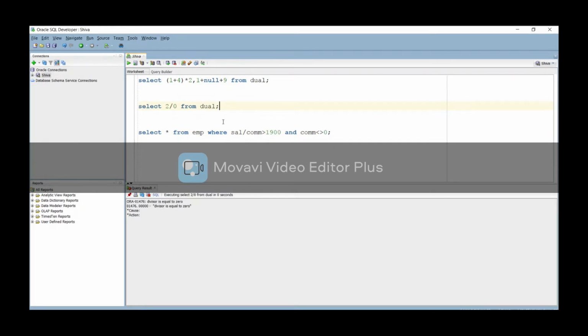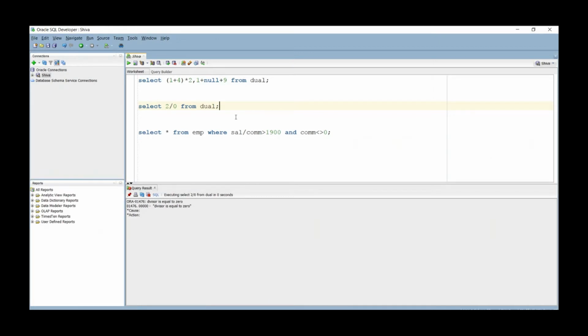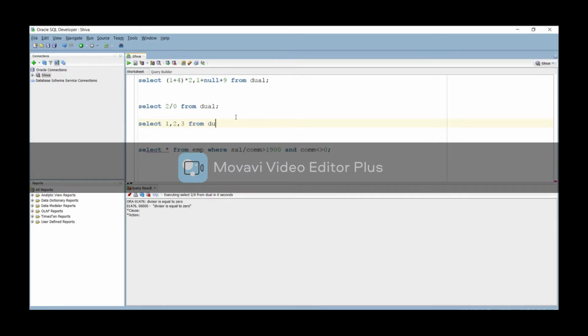Okay. So I am going to start with a different operator, the concatenate operator. Suppose you have 1, 2, 3 from dual.